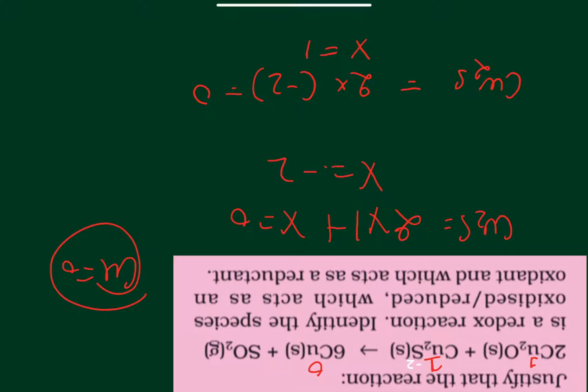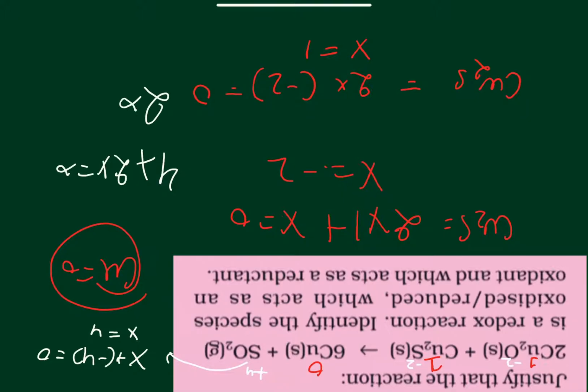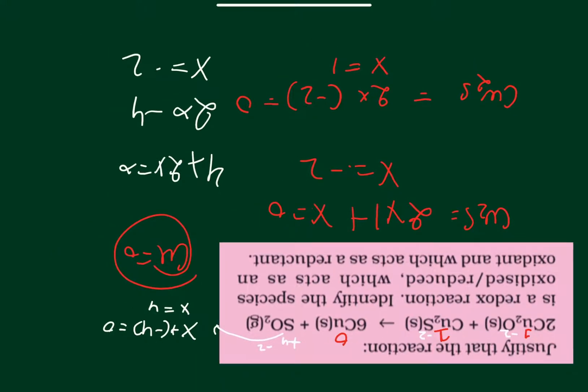Now for oxygen, again it will become -2 only. So oxygen is -2. Now for sulfur in sulfur dioxide, the oxidation state will become 4. X plus oxygen's -2 into 2 is -4, x plus -4 is equal to 0, so x is equal to 4. So for sulfur the oxidation state here becomes +4, and for oxygen, 4 plus 2x is equal to 0, so 2x is equal to -4, so x is equal to -2. These are all the oxidation states we have found.